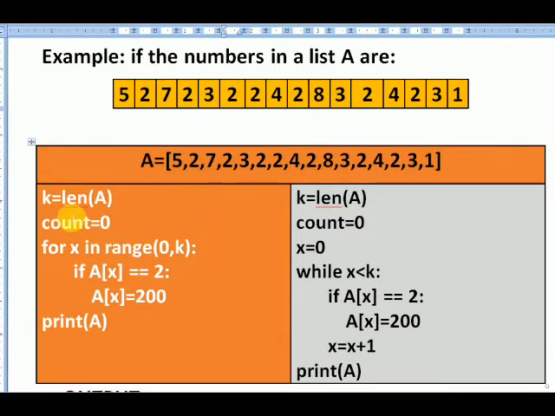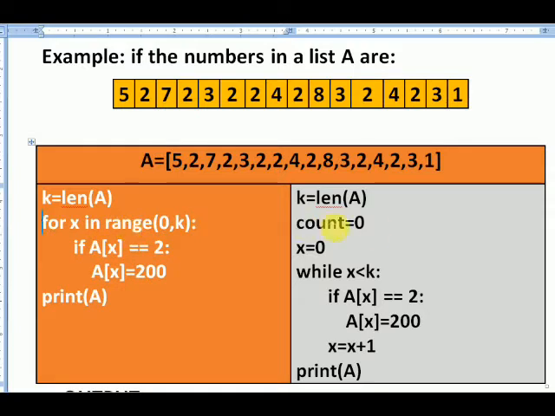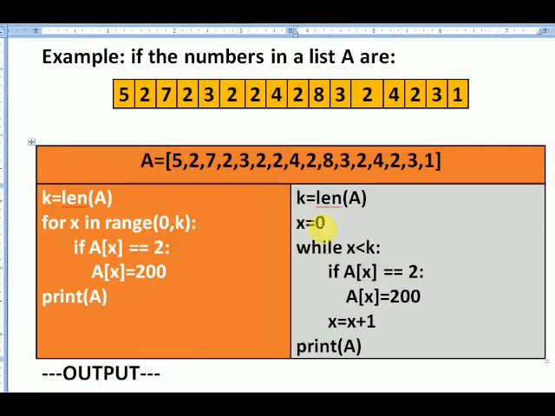First declare the list, then second is to find the length, then you need to change that, so it means this line is not going to be used. हमें काउंटिंग नहीं करनी है, so remove that. हमने काउंटिंग की लाइन को हटा दिया. Now what is the line that is needed? For x in range 0 to k. 0 means starting from the first index, that is this one, and k up to the last number, that is this one. Same process in the while case also. While में देखो ऐसे हुआ है, x starts from 0 from here and goes up to k. Now करना क्या है इसमें?